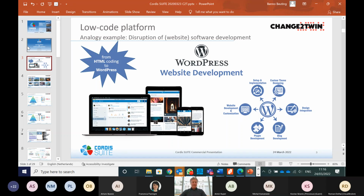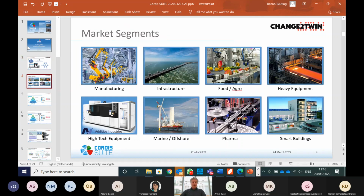So like 10-15 years ago, when you had to make software for a website, you needed two disciplines. One was the designer to make the design of the website, and the other one was the HTML programmer to build it. Nowadays, this is completely different because there are platforms like WordPress, where you do not need the HTML programmer anymore, or very limited in making your software. And this approach is now also